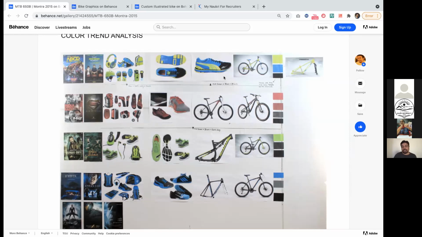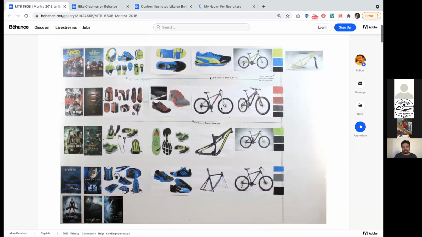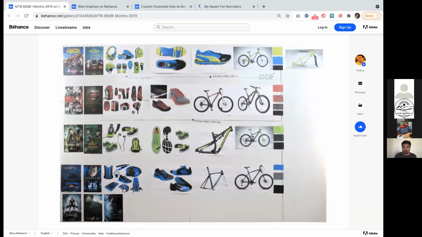So again, more than seeing the cycle as a mechanical product or a tool, my part was to see it as a lifestyle, and how I can enhance the whole brand value and communicate through visuals to the targeted audience. So then I started trying to understand how people perceive a brand. Like when we go outside, we see that this is a branded thing, this is not. What are the factors which give us in our head that okay, this is a brand? Even if tomorrow Lotto or this Hrithik Roshan HRX brand has come, how do they position, and how do we get this feeling of Nike or Puma being superior to other brands?